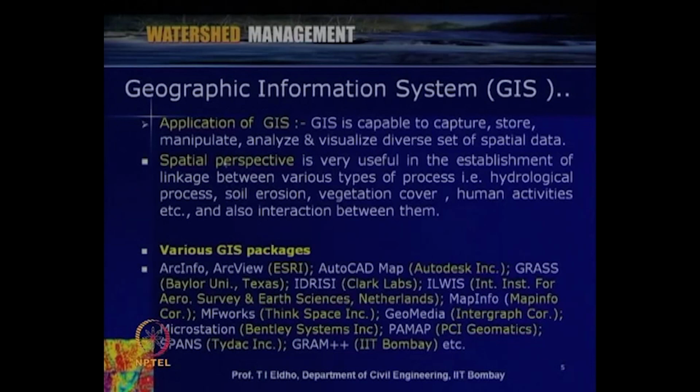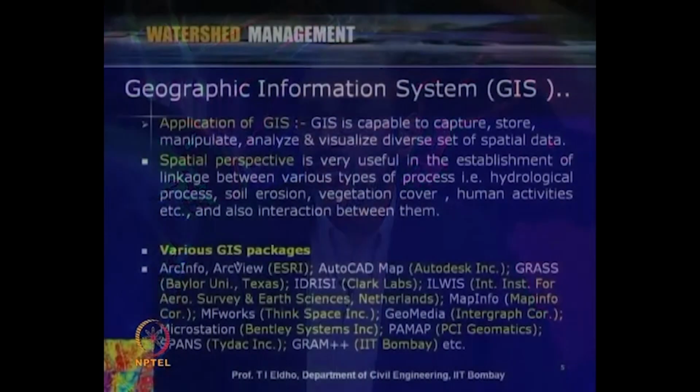So that way the various spatial data sets give us input and make different data sets as output. So, the spatial perspective is very useful in the establishment of linkage between various types of processes. For example, if water is concerned, the hydrological processes, soil erosion, vegetation cover, human activities, etc., and also how they interact